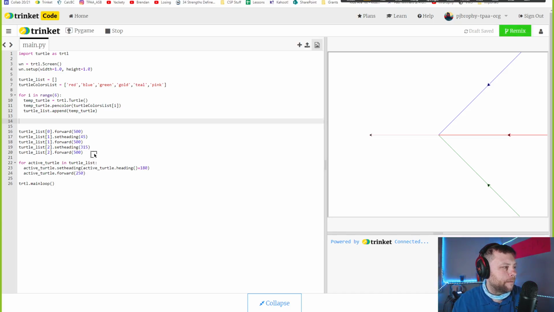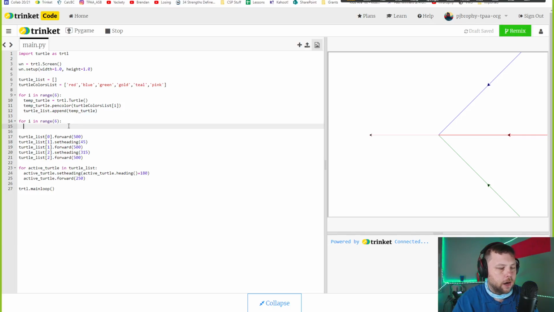All right. So what I've got to do next is put a loop for this part too. I want to make the loops, right? So I want to loop through all these turtles. One thing I can do, I'm actually still going to do for i in range 6 again, because I want to do it for all 6 of these turtles. And the reason I'm going to use an i in here,